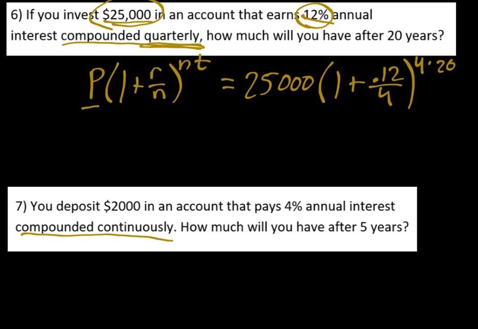And if I plug that in, I'm going to do that real quick. 25,000 times 1 plus 0.12 over 4, all raised to the 4 times 20 power. So that would give you $266,022.26. Okay, so that's if you see compound. Make sure you use that formula, unless